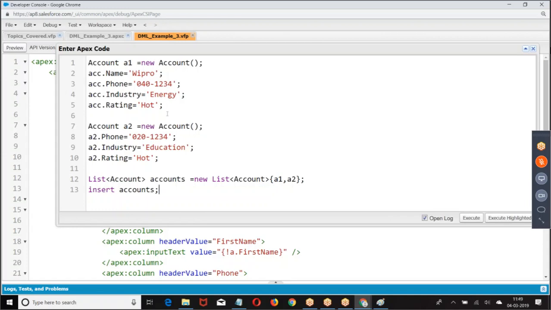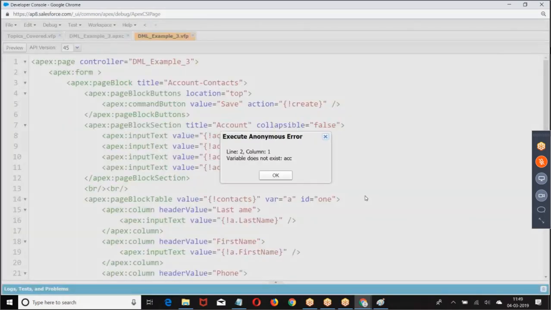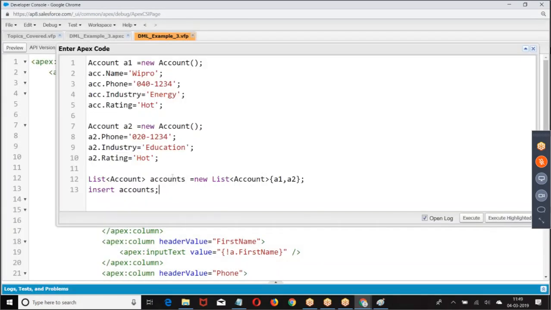When I am trying to insert a group of records, one record was successful, another record was a failure. Then what will happen? Will both the records fail? Or the first record is inserted successfully, and the second one fails? The first has no problem. We have a problem with the second record. When there is a problem with any one of the records, will all the records fail, or only that record? That's the question. Now let us see. Previously, how many records are there? 13 records are there. Execute it.